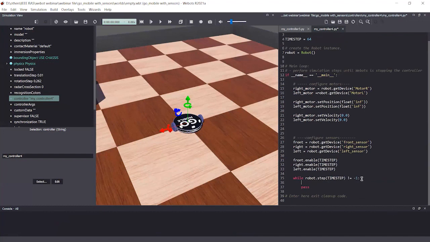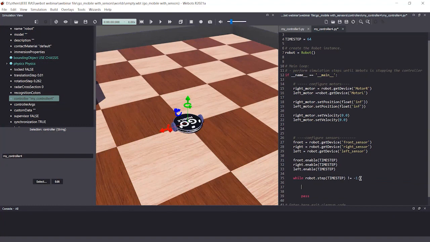One point: the maximum velocity you can give to a motor here is 10, and the minimum is -10. Actually this 10 is not the velocity, it is the radian velocity, meaning the number of radians it will rotate in a second.